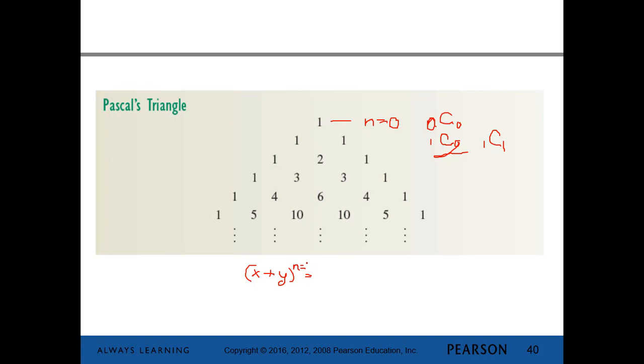If you know Pascal's triangle and the pattern for expanding these out, then for n equals 3, you get x to the third,